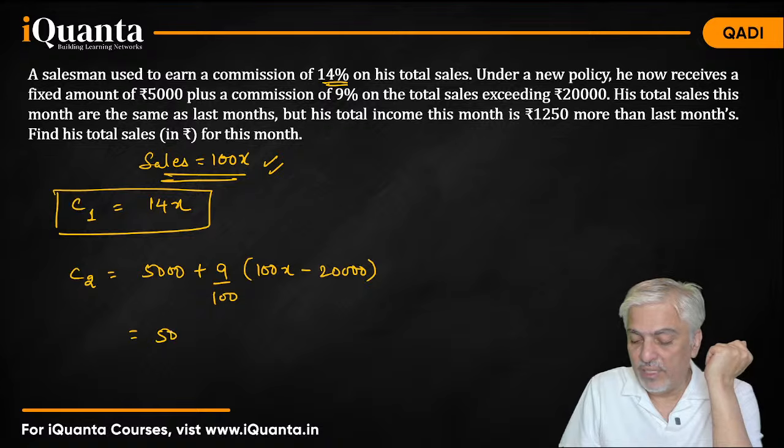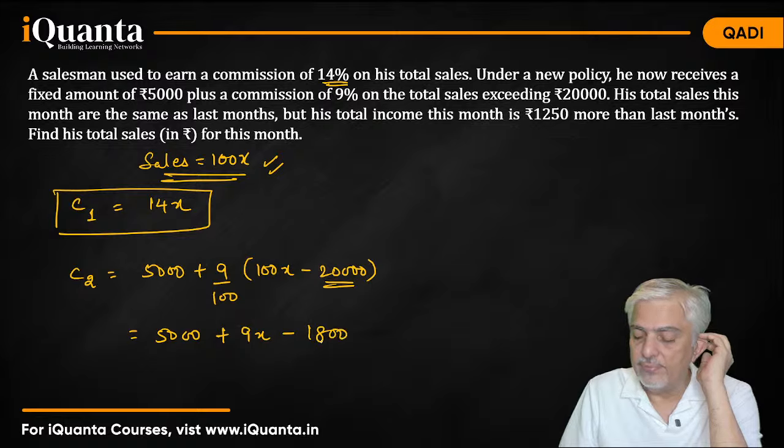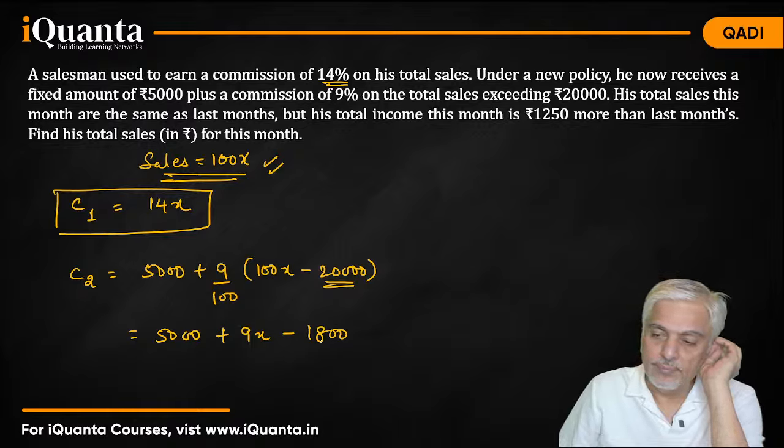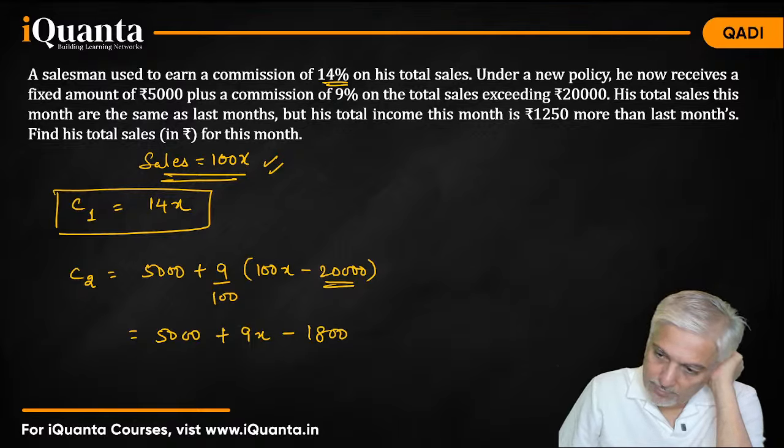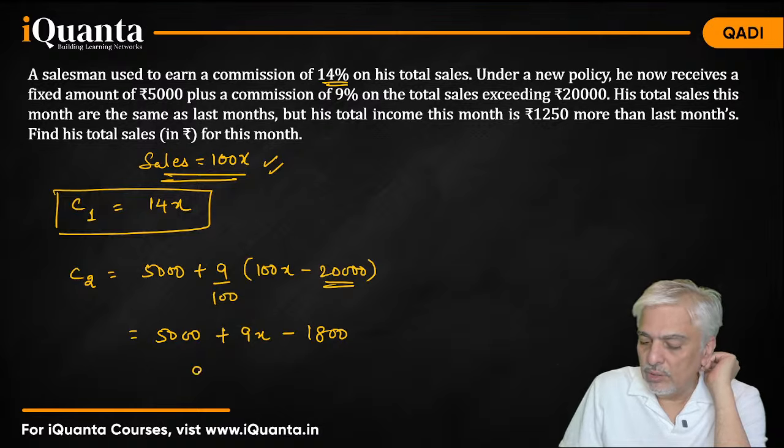So that will be 5,000 plus 9x minus 200 into 9, 1800. So 9x plus 3,200,